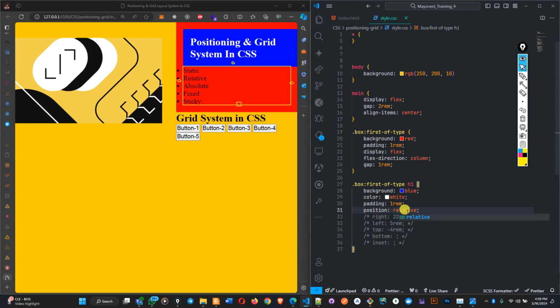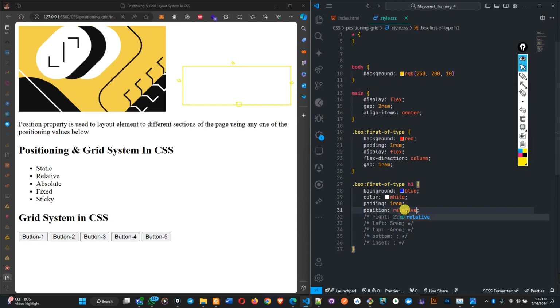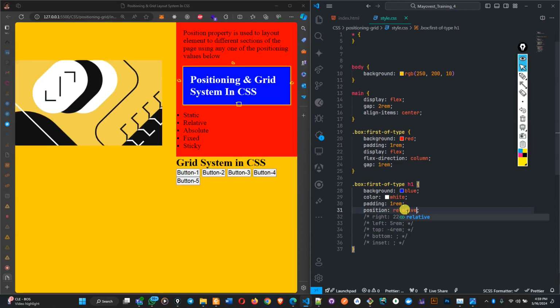But let me explain the relative one. I've already explained it, but let me go over it again before going back to that absolute. Anytime you are dealing with relative and you are using any of these offset properties, it's calculating the offset based on the original location of the element. So this is the left, this is the right, this is the top, and this is the bottom. So now when you say left, you want it to be 5 rem. What you're actually saying here is that from its original location, which is 0 here, you are shifting